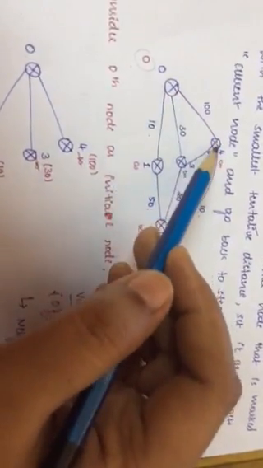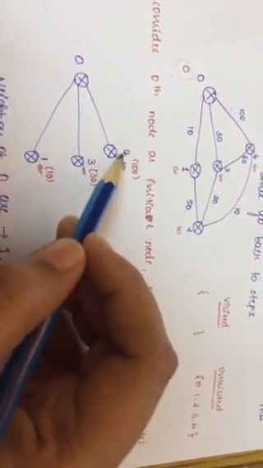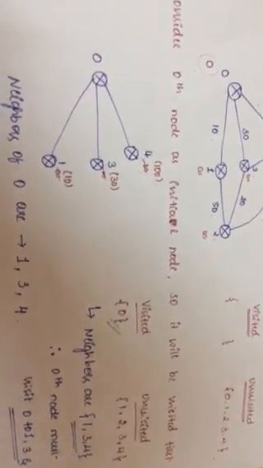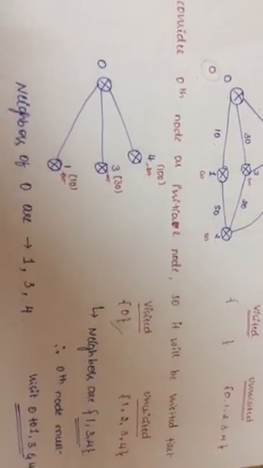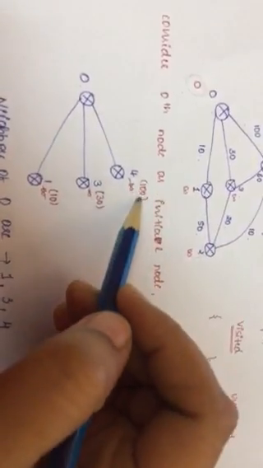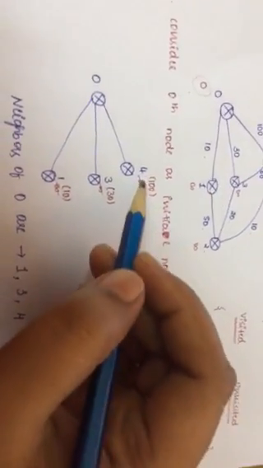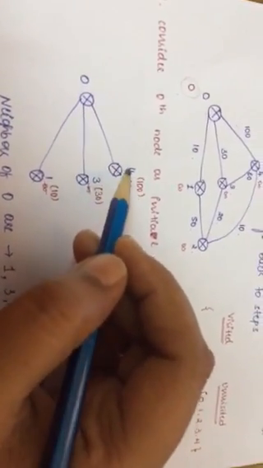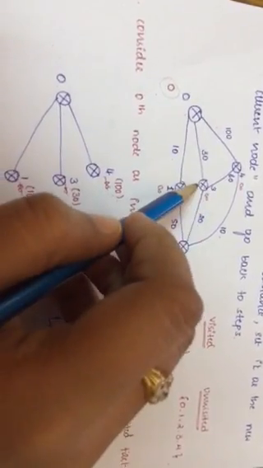Now you have to mark the values. What is the distance you have from 0 to 4? It is 100, correct? 100 is less than infinity. Can I cut it and mark it as 100? Yes. What is the Dijkstra algorithm? Remember, it is finding the shortest path for your node. So the node value, you are going to find it. Initially you had assigned it as infinity by default. Now you have known that the value of node 4 is 100 from 0, so you have cut it and marked it as 100. Now what is the value from 0 to 3?